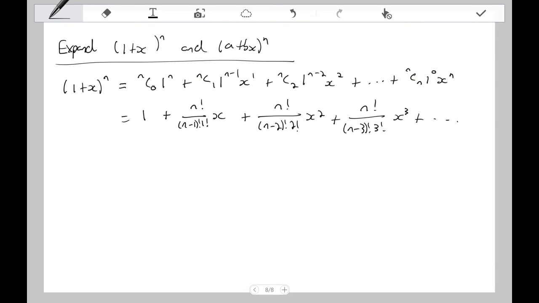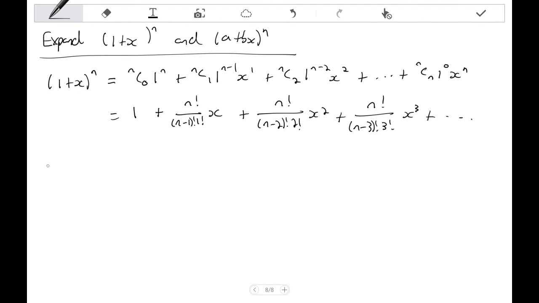Okay, how are we going to simplify this a bit? Well, note that n factorial can be written as n times n minus 1 factorial, or could be written as n times n minus 1 times n minus 2 times n minus 3 factorial, say. As long as you're still ending up with n times n minus 1 times n minus 2 times n minus 3, it doesn't matter which one you put the factorial on. Okay, and that's really useful because it means that we can rewrite 1 add x to the power of n